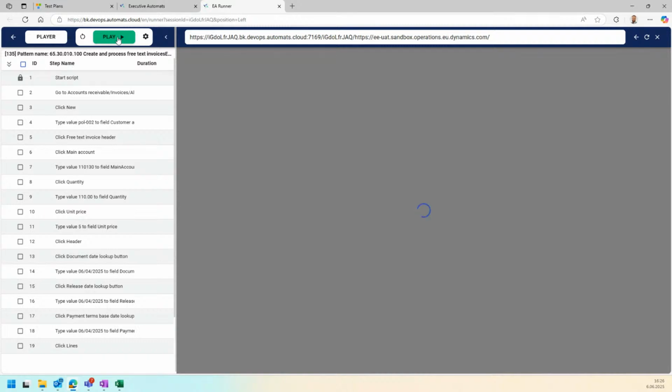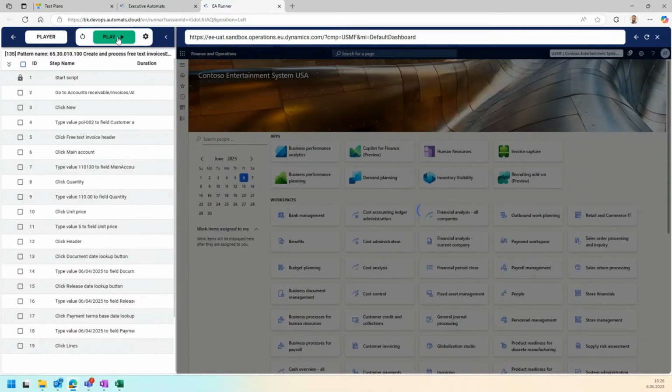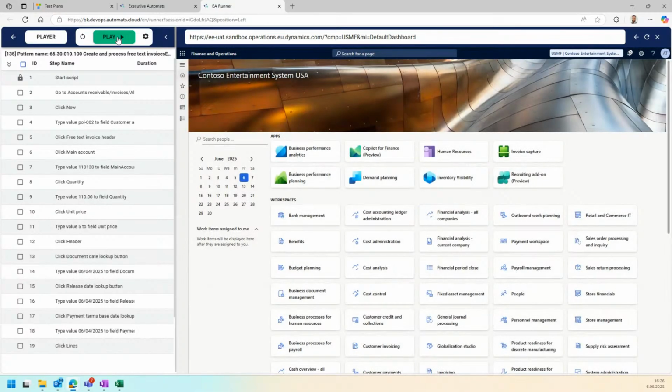So basically, putting some execution into a test plan in Executive Automats for testing is very easy when you have the Executive Automats for discovery. So to sum it up, discovery helps in building a test plan, but also can help in rollouts and creating autonomous agents in the future. And all thanks to the data that is collected and categorized in a unique way with the help of Azure